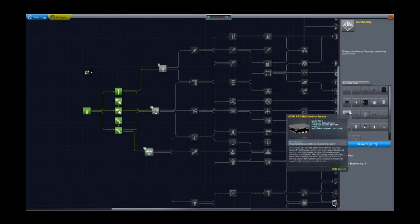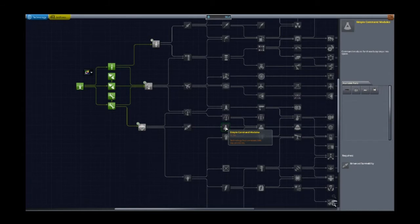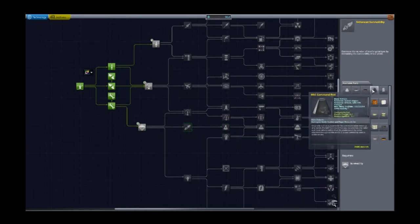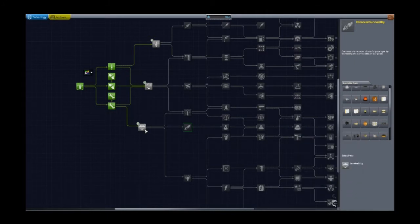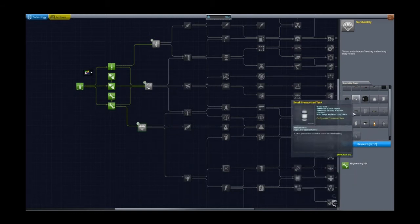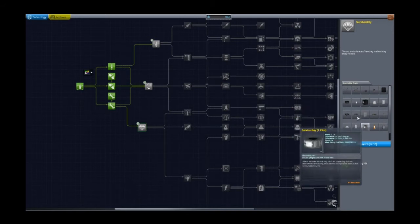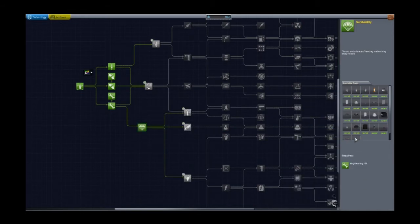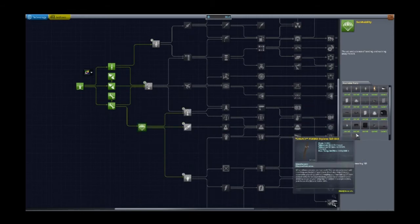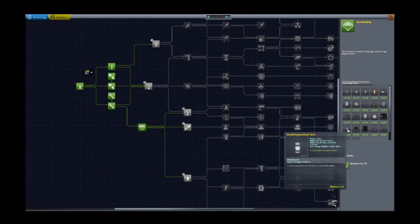So yeah, look, we might grab that. Still no command pods. There's the early command pods. Yeah. So alright, what we might do is grab the survivability just so that we can get solar panels and cargo bays and parachutes. Yep, that's great. We'll definitely grab that. And we'll look at sending up a rocket to get the magnetometer scans and a few other science experiments and possibly return it to Kerbin